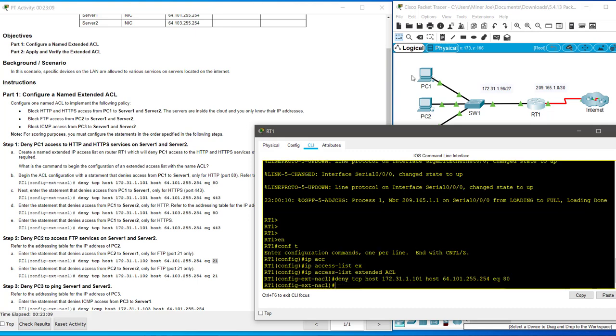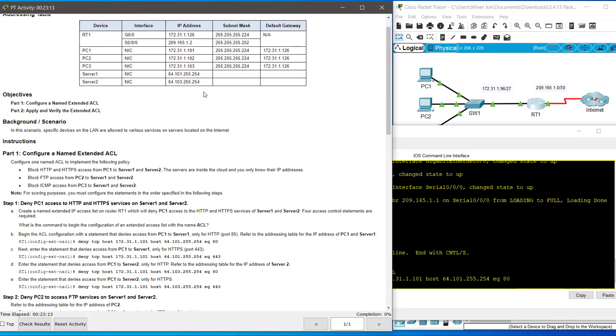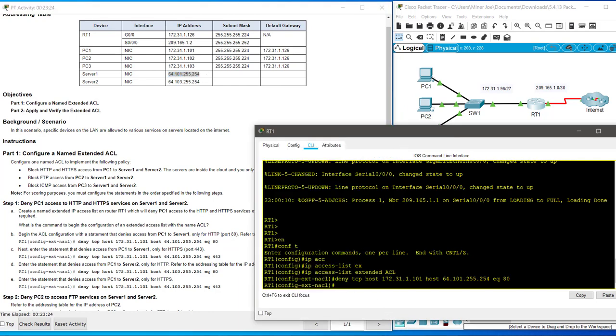Okay, so what do we just do? So the source is 1.101. If we go back to our chart up here, 1.101 is PC 1. The destination is server 1, 64.101.255.254. Let's do our next line, which is going to be for